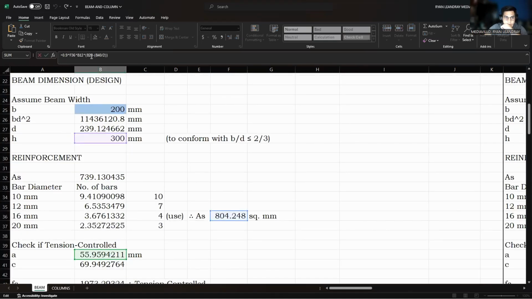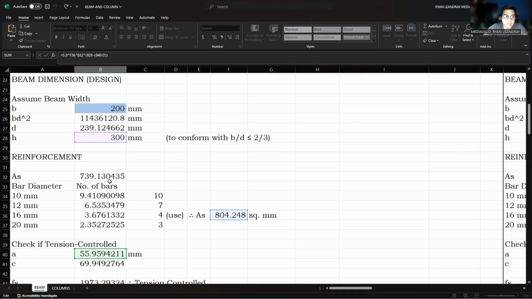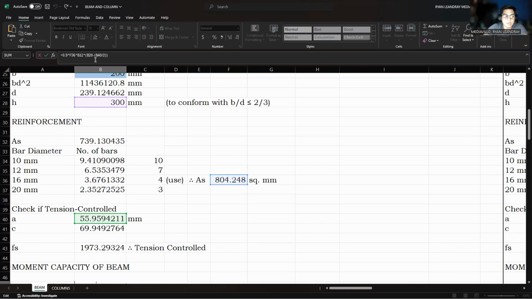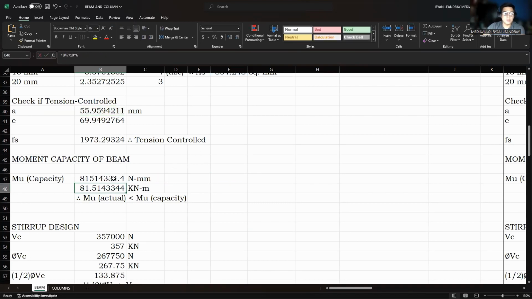AsFy times the B28, which is the height of the beam, minus at the B40 here, height of the beam minus a over 2. So here, as I've garnered over here. So with that, at the given sections of the beam, it has a moment capacity of